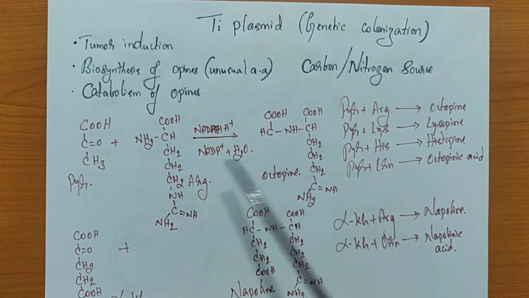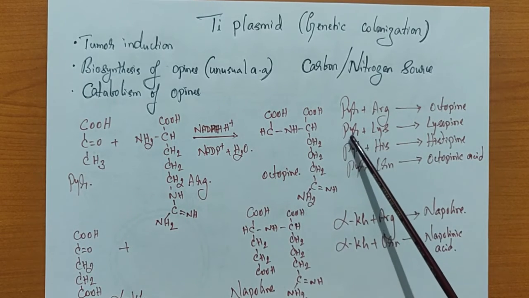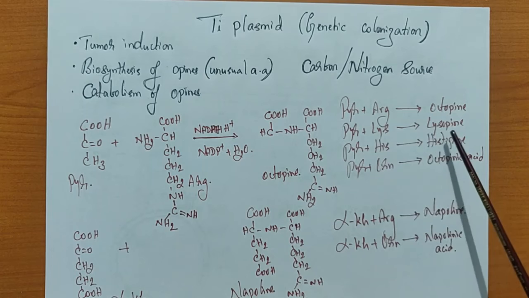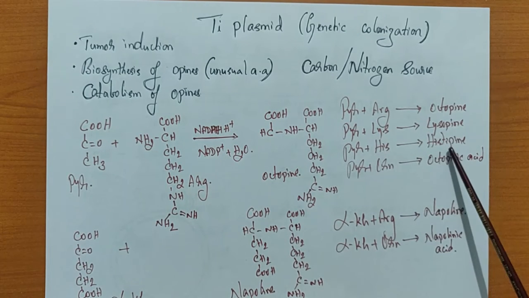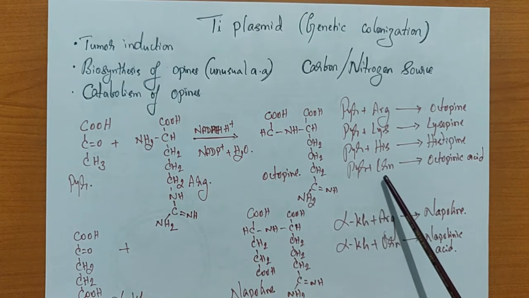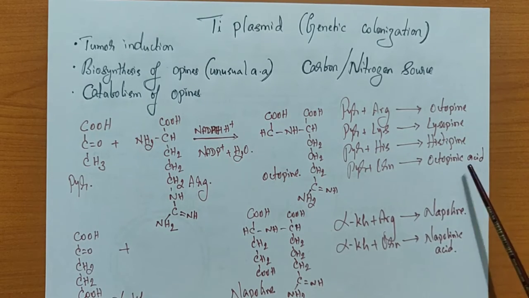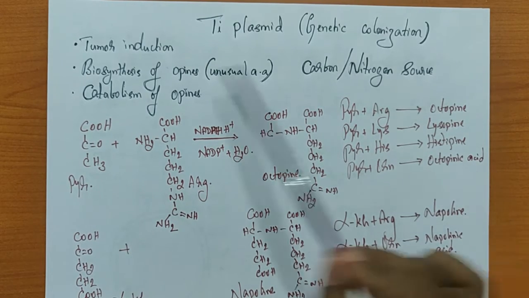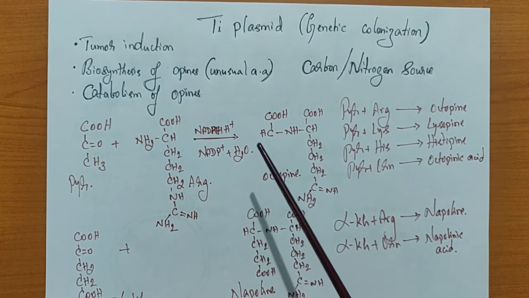Simultaneously, this octopine synthase will also involve other amino acids. For example, pyruvate with lysine gives lysopine. Pyruvate with histidine provides histopine. Pyruvate with ornithine gives octopinic acid. So all these are the opines synthesized by the octopine synthase